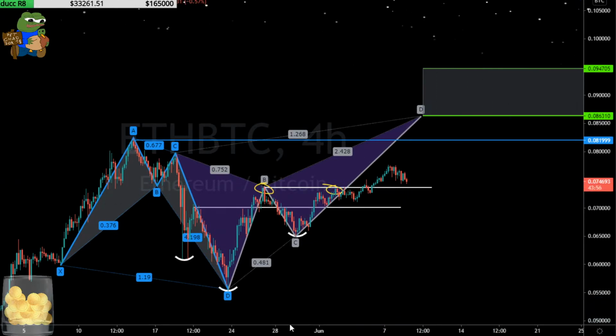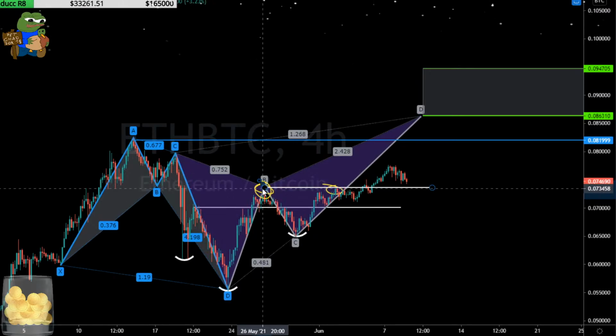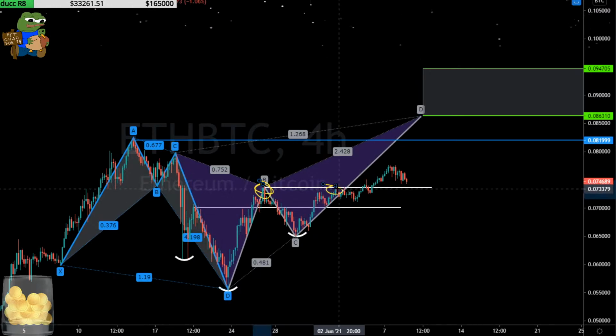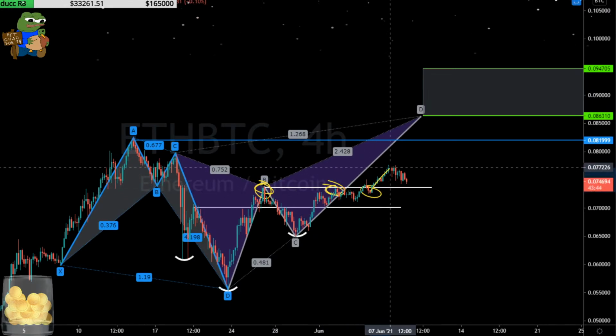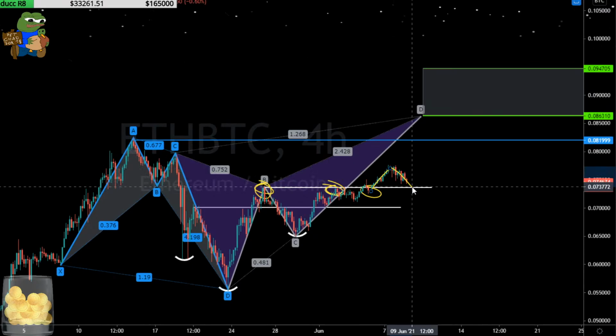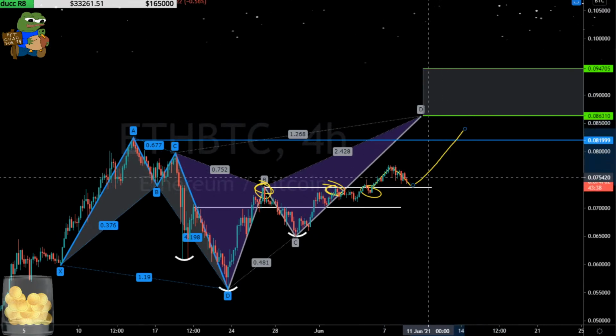Overall, look, we tested this high point as resistance here, tested it as resistance again, and then on that third time, we actually got the break. Now we're looking for the hook, and now we get the go. All right, this makes sense, getting this go right here